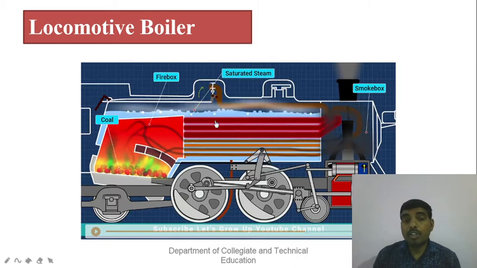Again, the water is converted into steam and is stored in the upper portion. From the upper portion, when the steam is in saturated condition, it will be taken up. This is the saturated steam. Saturated steam is taken to this superheater header. From the superheater header, it flows here by the upcoming flue gases in the upper portion. Then it finally goes to the superheated condition. Then it finally goes to the engine.